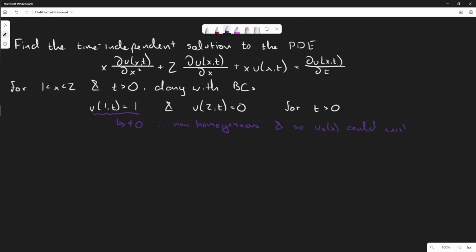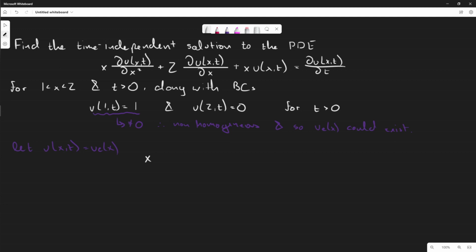It's not always guaranteed, but for the sake of this example, this will actually exist. And so once we get that out of the way, we now must explicitly state that we're going to let u_E(x,t) be equal to u_E(x). And so when we substitute this, we are going to have